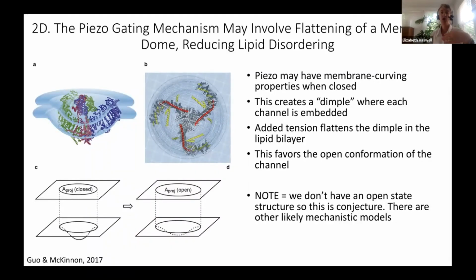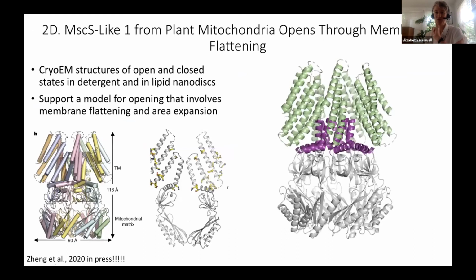In fact, there are lots of other models that people have put forward about how channel gating might happen. However, we just received notice today that this beautiful cryo-EM structure of MSL1 that we worked on with Peng Yuan's lab over at the med school provides evidence for exactly the same idea. So it's really cool. There's a channel from plant mitochondria that probably has the same gating mechanism as Piezo channels